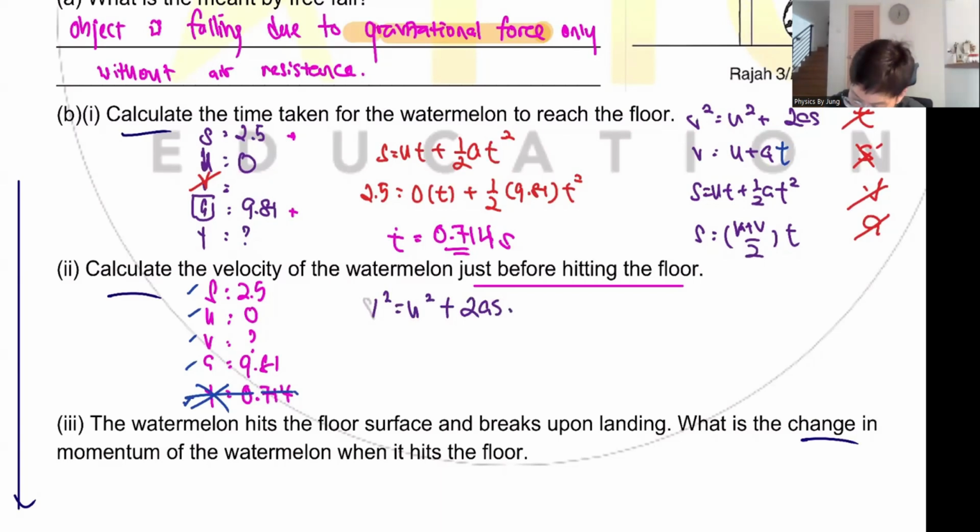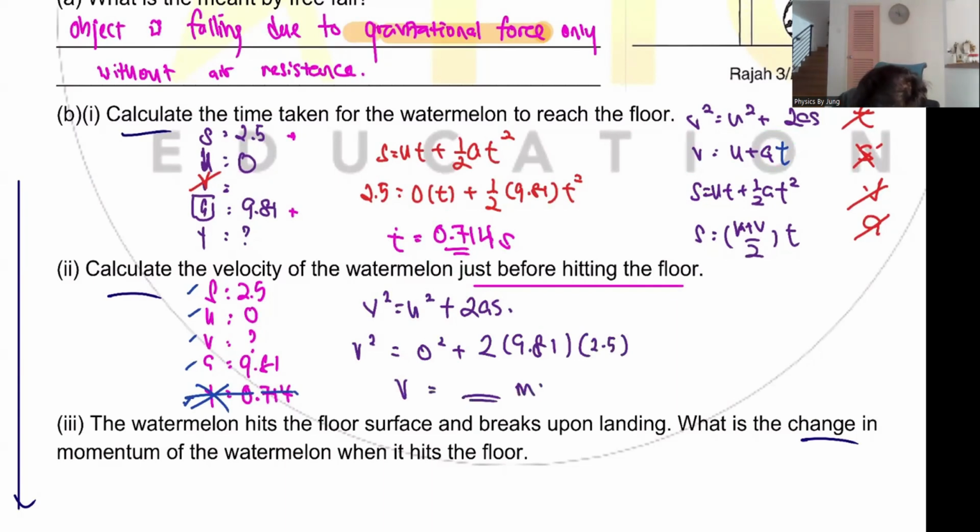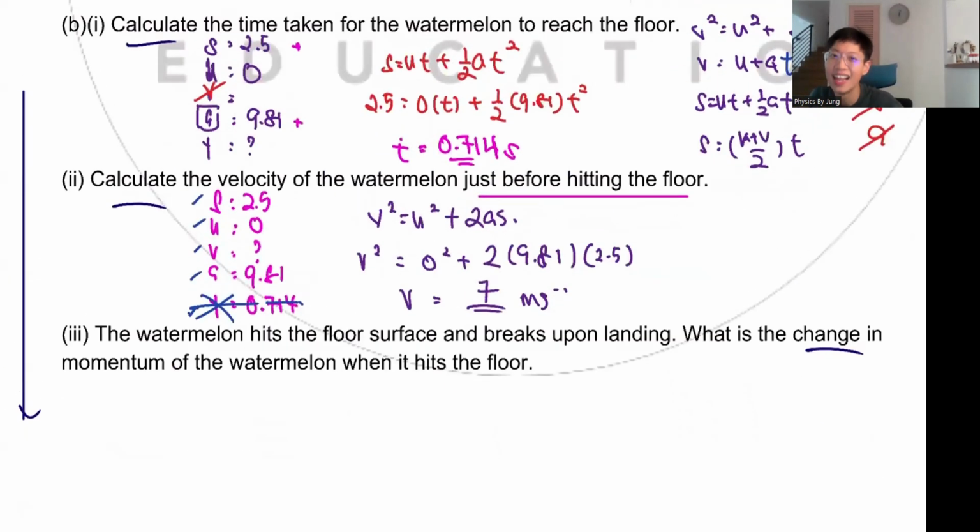Okay, Ken? So then I can tell that you are considered quite high level, high marks student. So you need to learn all these low risk methods. So 9.81 bracket S, which is 2.5 meters. So my velocity will be blah, blah, blah, meter per second. 7, okay, 7 meter per second. Okay, Excel, I trust your answer. Don't throw me, okay, Ken? Yeah, so the answer is 7 meter per second. That's it, very simple. Okay.